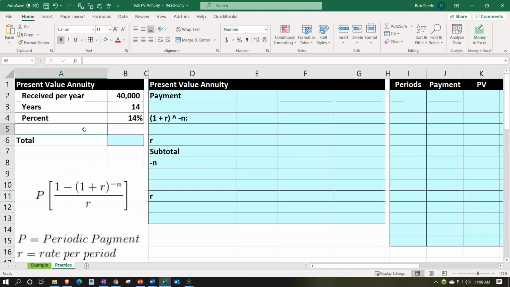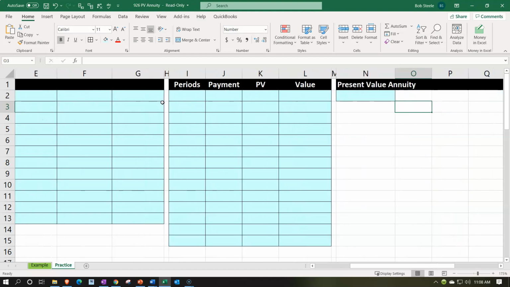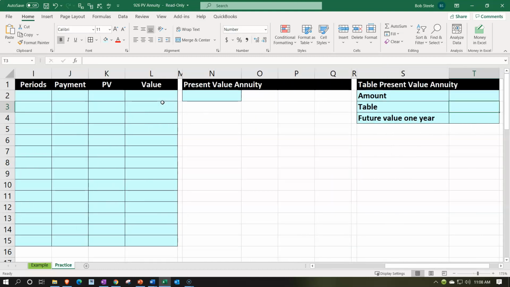We're going to do the calculation a couple different ways. One, we're going to do the calculation with a mathematical formula. We'll then break the annuity down to present value of one calculations, basically doing a running balance calculation in Excel. We'll also take a look at it in terms of an Excel formula, and then we will use the tables